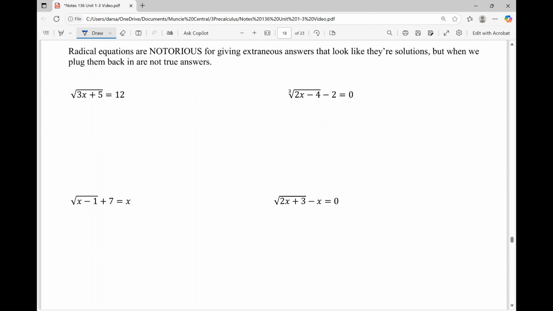Step one: is the square root by itself on one side of the equation? Yes. Step two, we're going to undo the square root. What's the opposite of a square root? A square. So we put parentheses around the entire left-hand side and the entire right-hand side and square both sides. On the left-hand side, the square root and the square cancel, and we're left with just what's on the inside, which is 3x plus 5. On the right, we square 12 and get 144. From here, it should be a fairly simple solve. So 3x is equal to 139, so x is equal to 139 thirds,